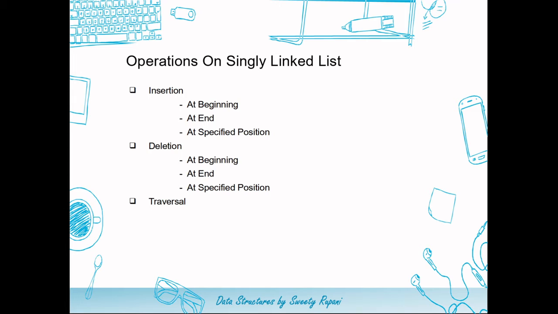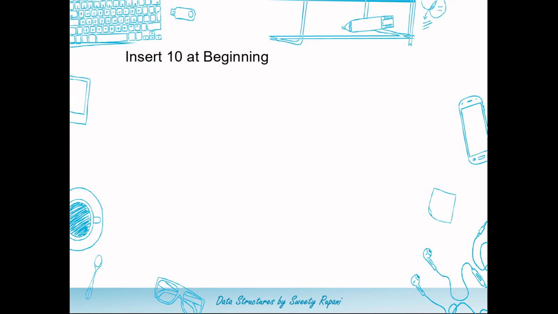Followed by a traversal. Traversal is nothing but displaying the data of the whole list. That is, we will start our journey from our first node and will continue till the ending of the list in order to print the values without inserting or removing the values from the list. Now let us have a look at insert beginning.